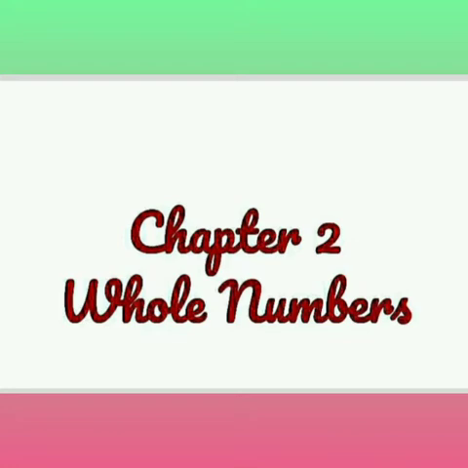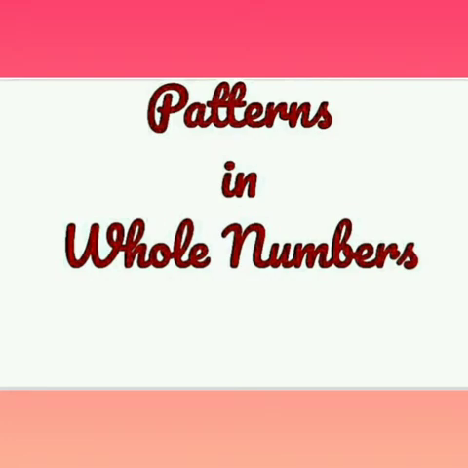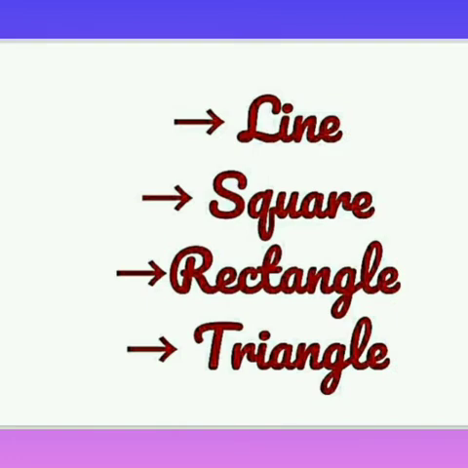Now in this part of Standard 6 Maths and CRT Chapter 2 Exercise 2.3 explanation, we will learn how to arrange numbers in elementary shapes like line, square, rectangle, triangle, etc. Now these shapes are made up of dots. Every natural number should be arranged in one of these shapes. The elementary shapes used will be a line, a square, a rectangle and a triangle. Okay, and no other shape is allowed.